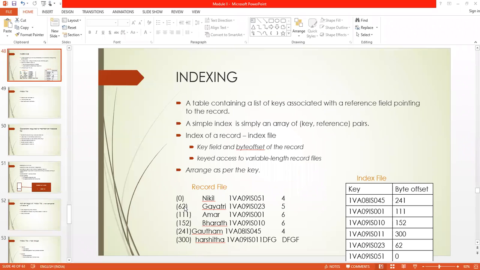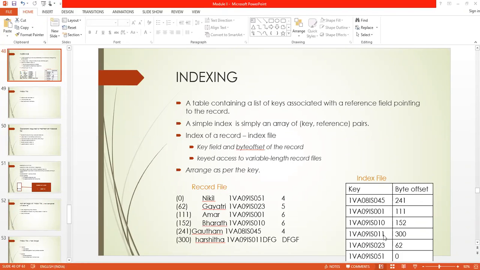The record of Gayatri is at byte offset 62, and the record of Amar is at 111. So that is the index file concept. Suppose I want to search the record with respect to USN, the record of 99IS011.